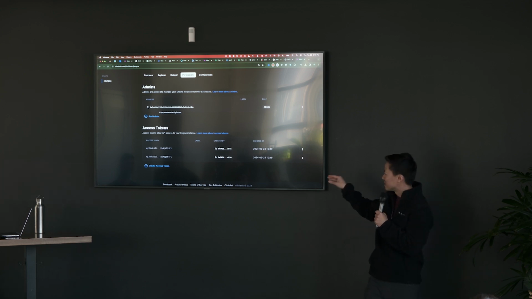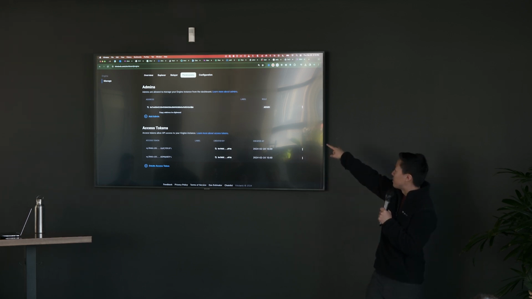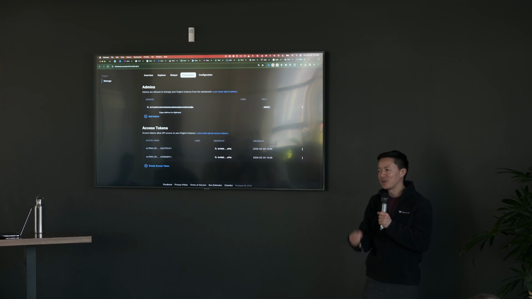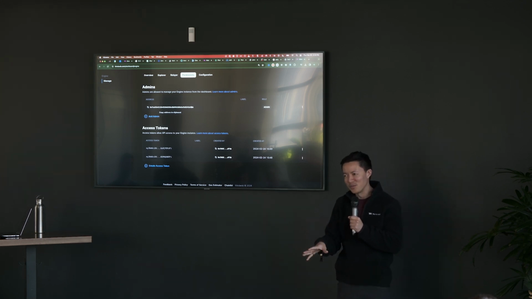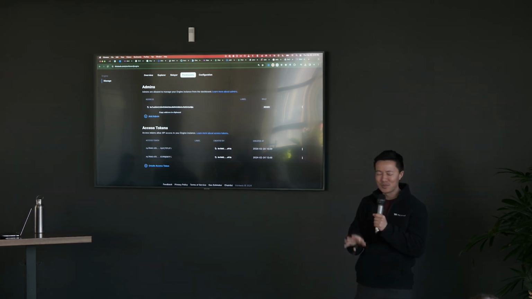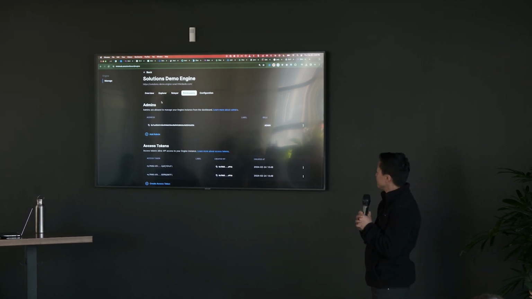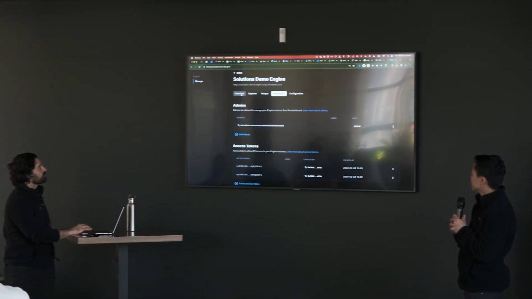So you have access tokens for them, or maybe they're admins and they can manage it from this dashboard. When they leave your company, you can just remove them, and you don't have the risk of having to rotate every single wallet because that intern saw our private keys. This is a problem we have had in the past. It was painful. So these are just learnings that we've built into the design of Engine.